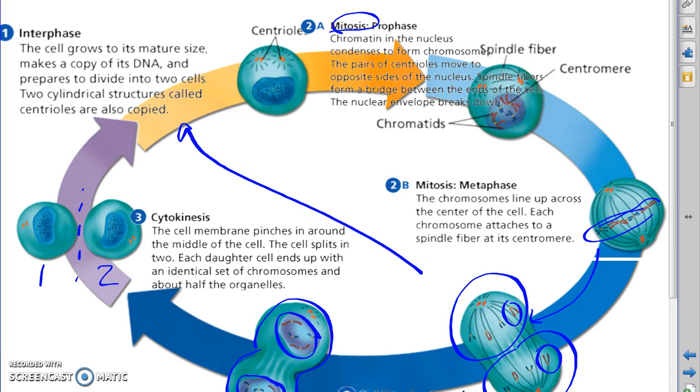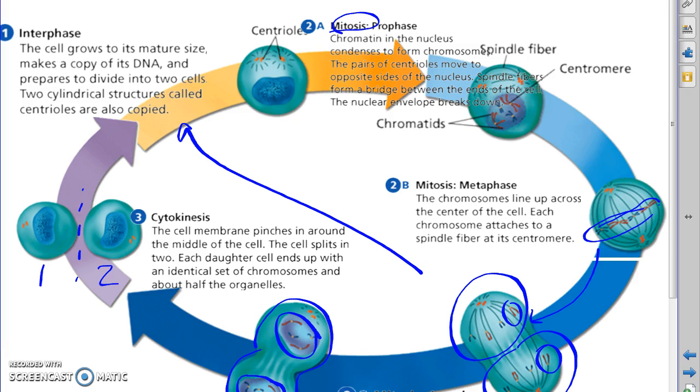It was mitosis prophase, mitosis metaphase, anaphase, telophase. And the reason for that is mitosis is often described as the second stage of cell division,